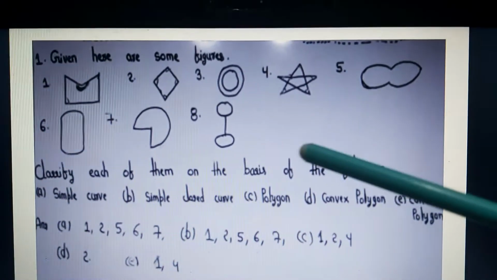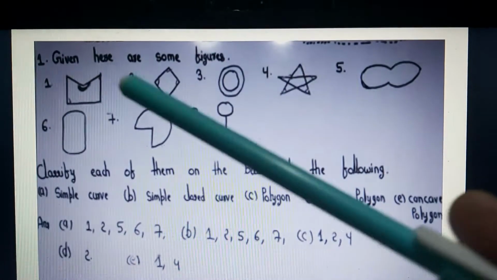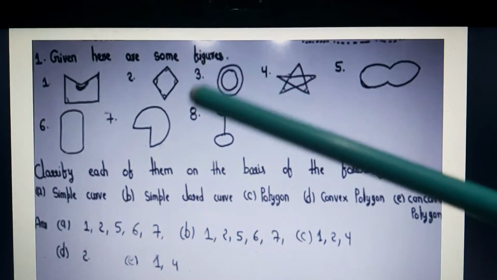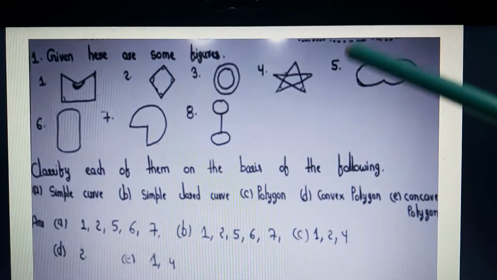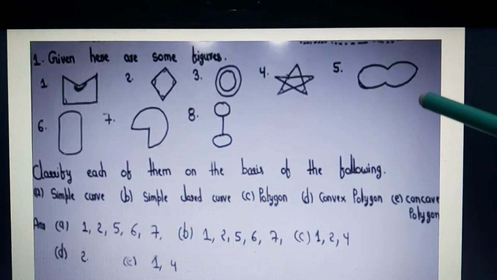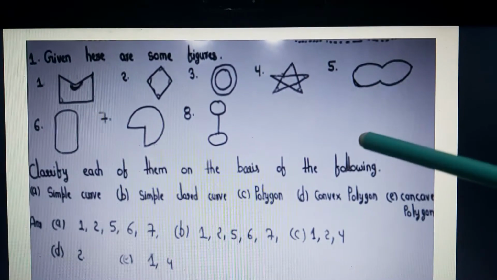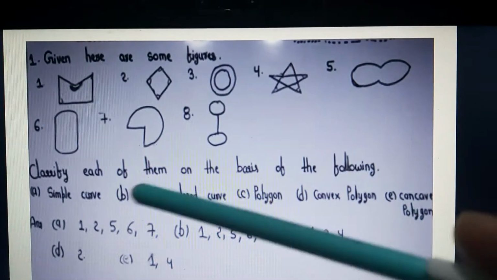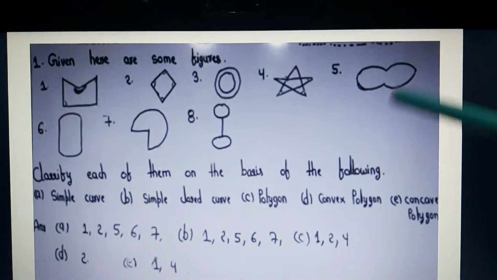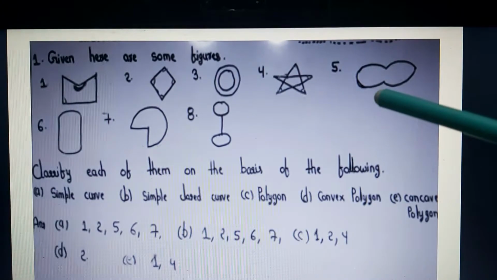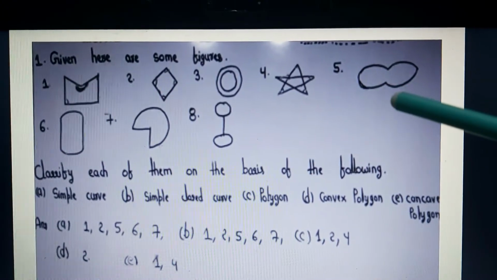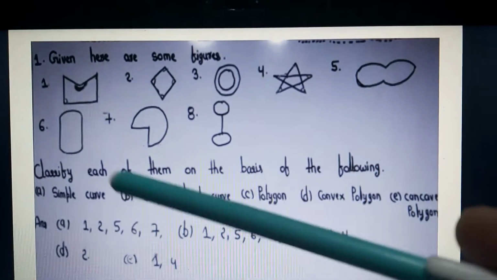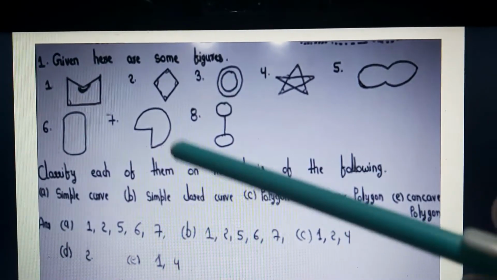And second, we will see the simple closed curve. Which is the simple closed curve? Same thing: first one is a simple curve, and second is also a simple curve. Number 5 is also a simple curve, and closed too. So a simple curve that is closed is a simple closed curve: number 5, number 6, and number 7 also are closed and simple curves.